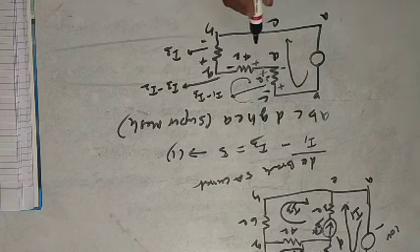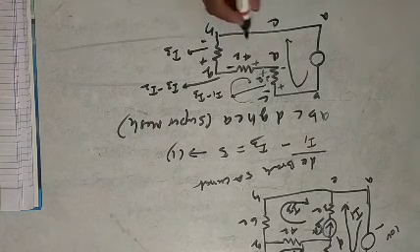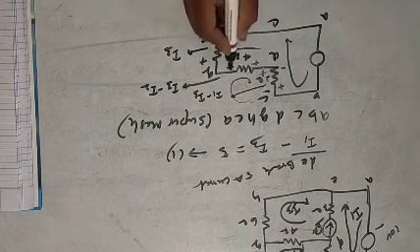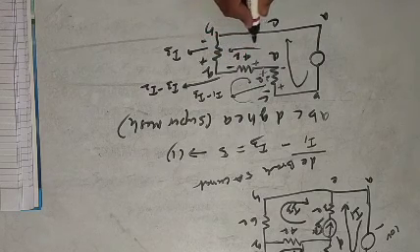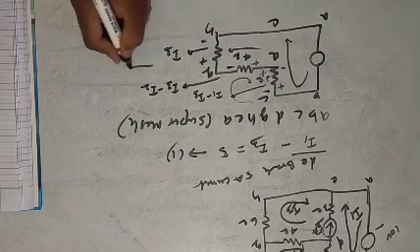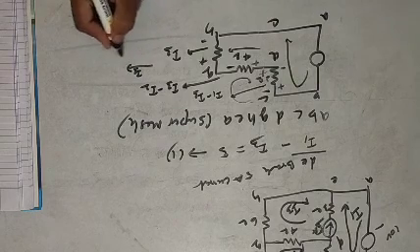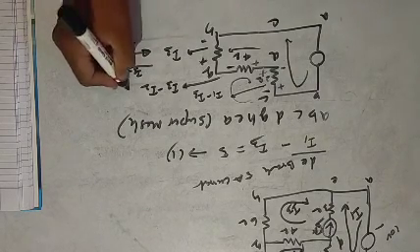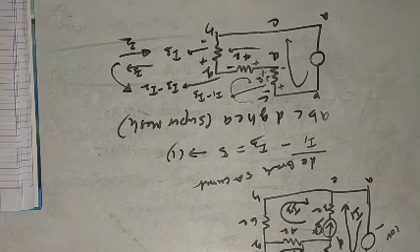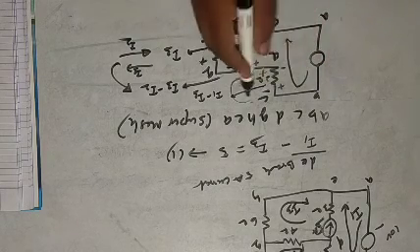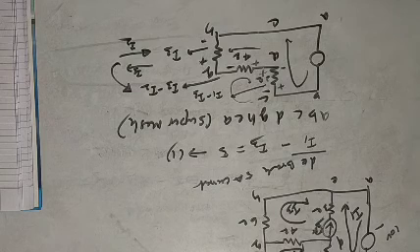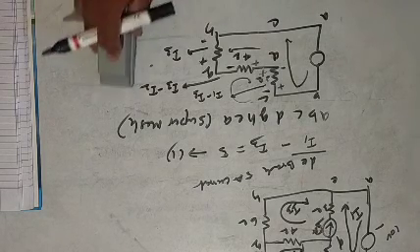Why? Because the direction of I3 is in this direction, whereas I2 is in this direction. So this is I3 minus I2, because I assume the path A to B, B to C, C to D, D to G, like that. So according to that, the direction is as given below.